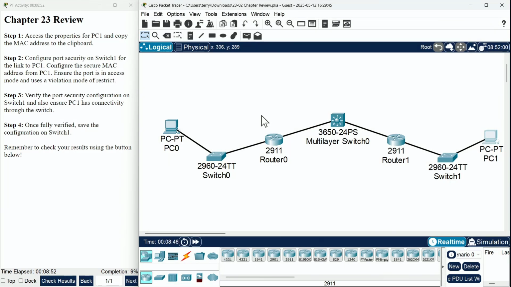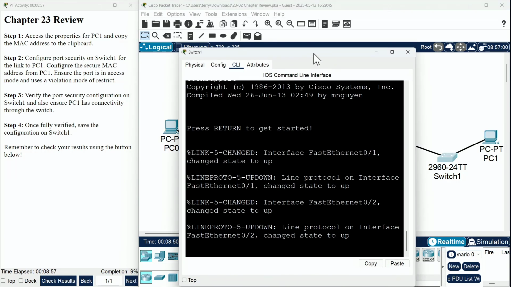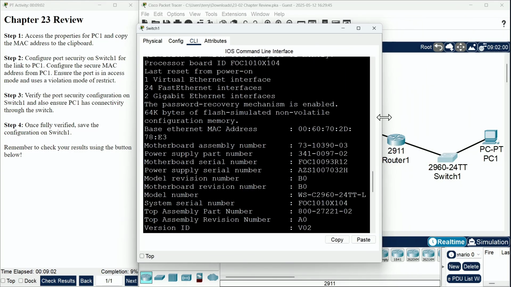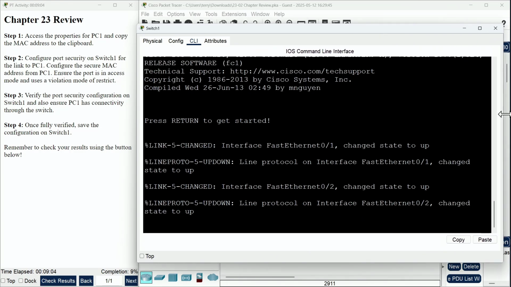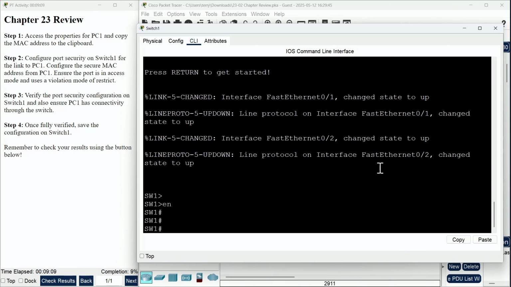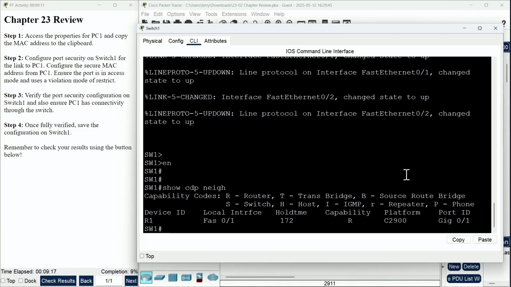All right, well, we've got that MAC address on the clipboard, and it's a good thing because we need to go over to switch 1 and lock down the port connecting to PC1 with the port security feature locked down for that exact MAC address. If I do a show CDP neighbor, would that help me figure out where my PC is connected? Well, kind of in a roundabout way, because we can see the fast Ethernet 0/1 interface on the switch connects